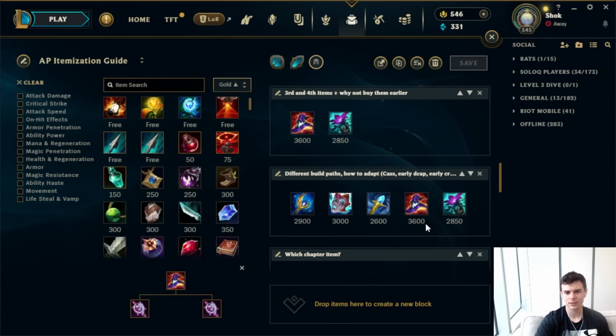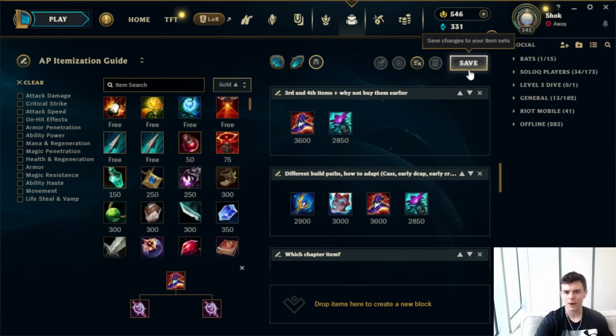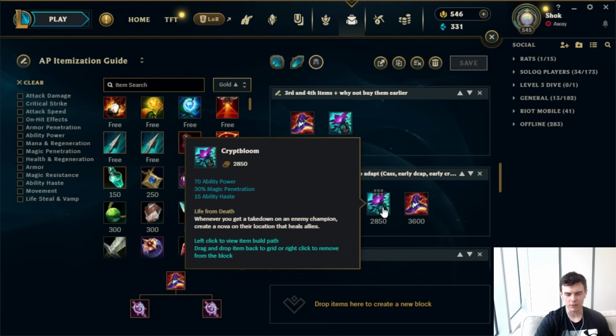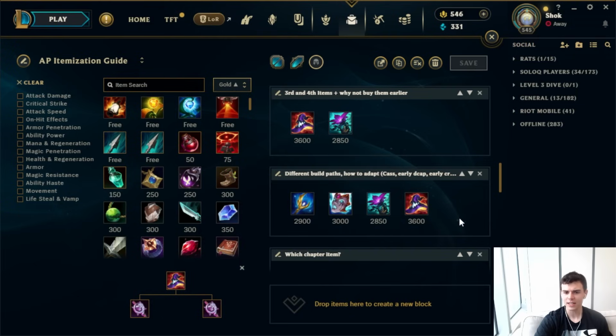So if I'm playing Cassio on a team with a lot of APs, what I actually do is I drop Rylai's. I just get rid of Rylai's and I build it later. What I instead do is I go, say, Cryptbloom third, Deathcap fourth. Or I even go Deathcap third, Cryptbloom fourth. And that way I don't delay the spike of having percent magic pen to deal with tanks or magic resist users or whatever. And I'm not delaying my Deathcap so long that I'm just never going to do any